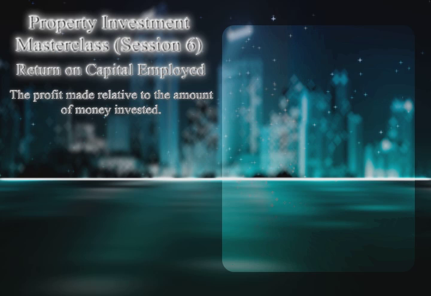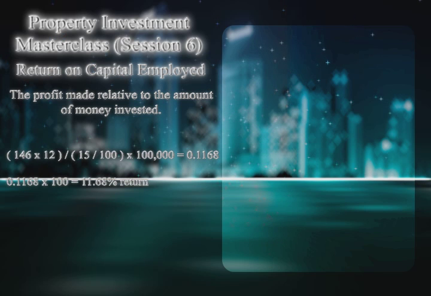So what you do is you multiply the profit by 12 and you express that as a percentage relative to how much money you've put in. So let's just say, using again the same figures, we would do open bracket 146 times 12 close bracket, and then we would divide that by, so if we bought this on an 85% mortgage, we would have put 15% in, so we would do divided by open bracket 15 divided by 100 times the 100,000, because that would have put 100,000 in close bracket, and that equals